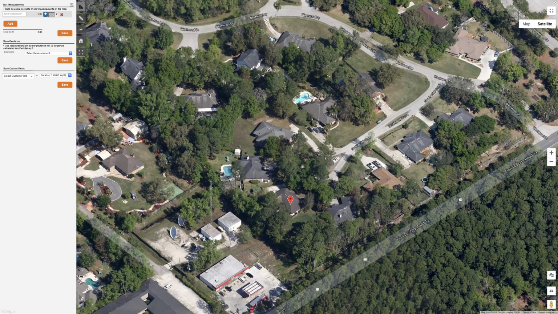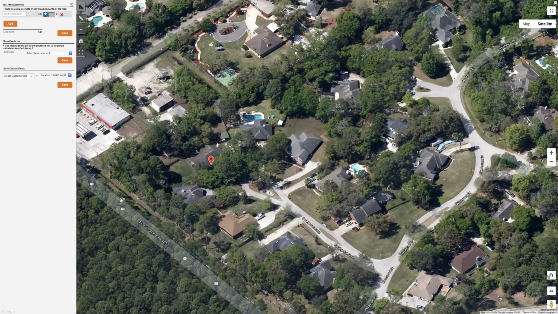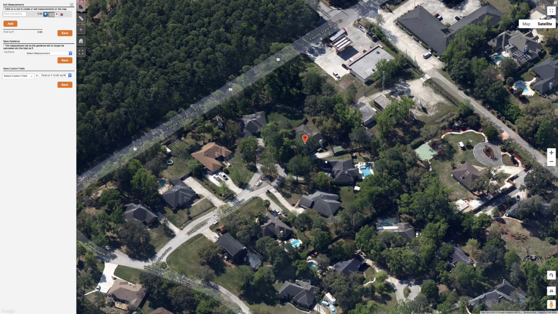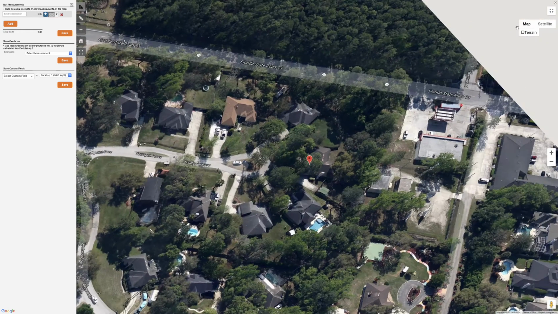I like when it gives the option. It doesn't always. And in this, I preferred looking at the house as if I was looking at it from the street. Obviously, this house, it's not going to make a difference because you really can't see anything. You can see a fence that goes right here and a driveway right here, but this cul-de-sac, you can't tell what's going on. So in this case, what I do is I'll just switch over to the map view